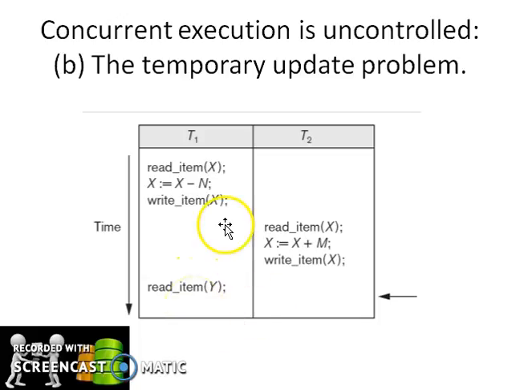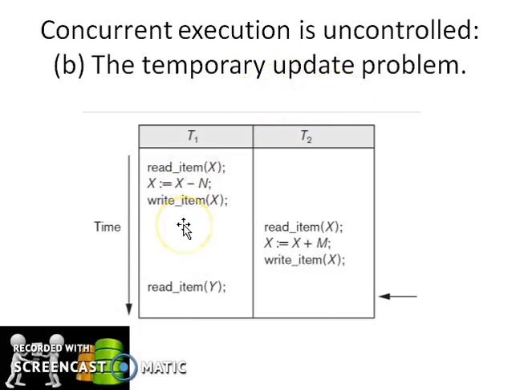What happens is, the modification made by the first transaction has been taken by the second transaction, and now the first transaction is rolled back. So this requires the second transaction to get rolled back. Whether the second transaction is still in execution or has completed its execution and committed, all the changes made by the second transaction should also be rolled back. If this doesn't happen, then it causes the temporary update problem.